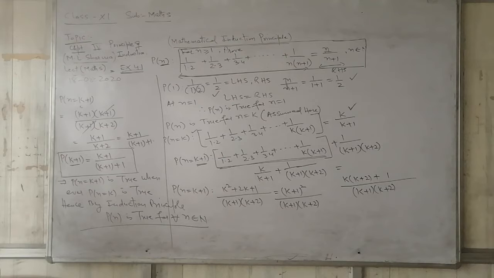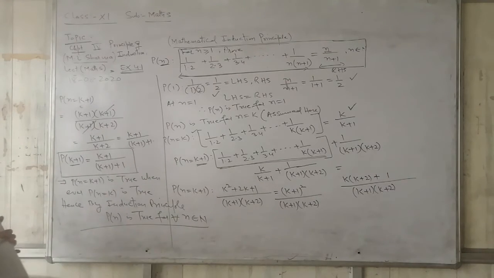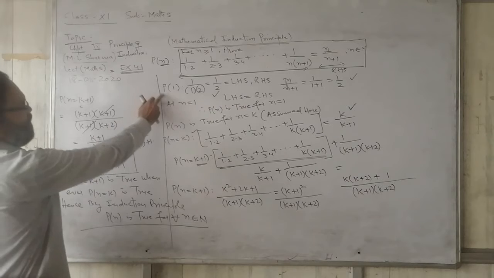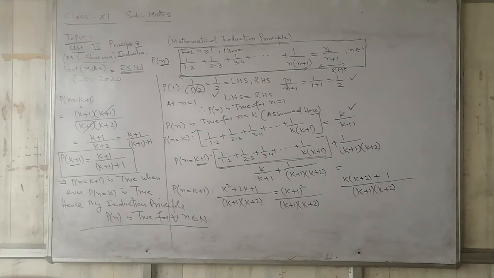So if you remember these three steps, they are very simple questions. Only one formula is applied. Three steps only. No other formula is used in these questions. Steps 1 and 2 are the same in all the questions, and in step 3 we do minor simplification. So this finishes your question.